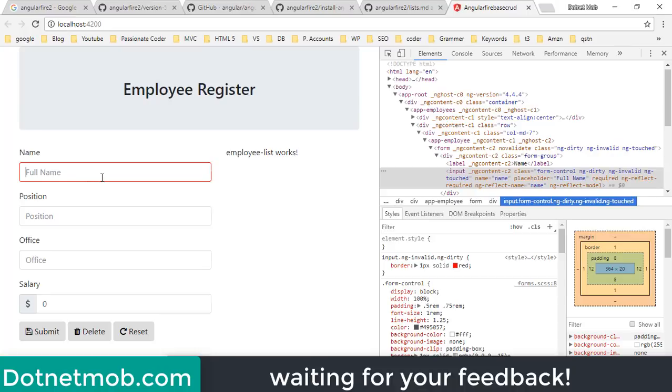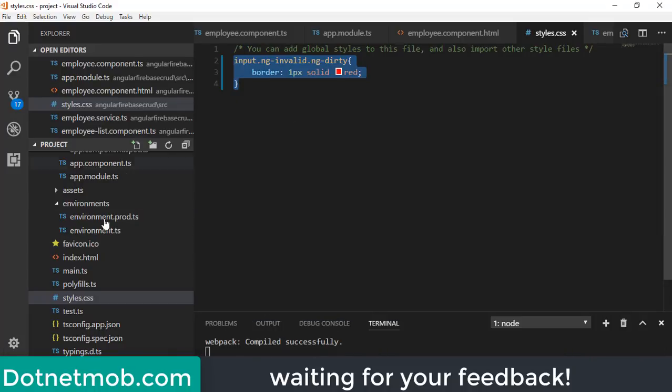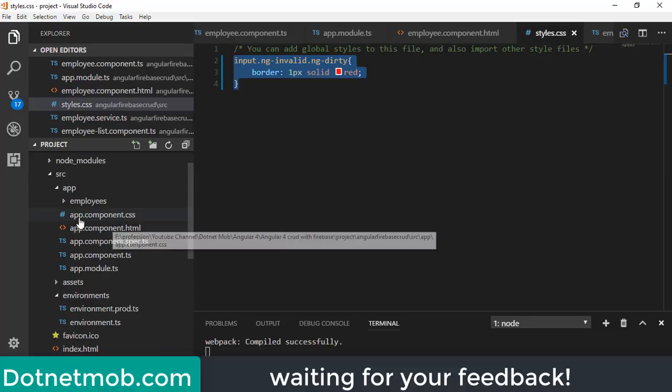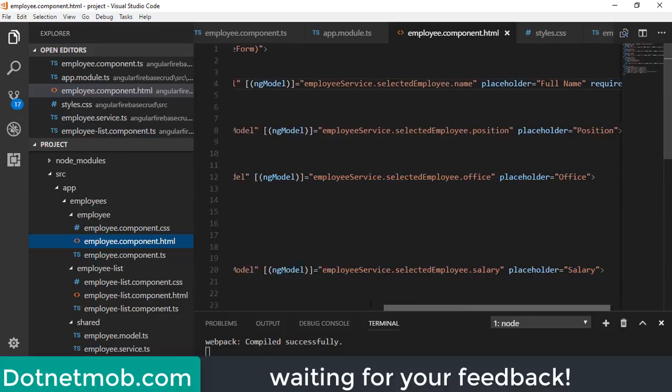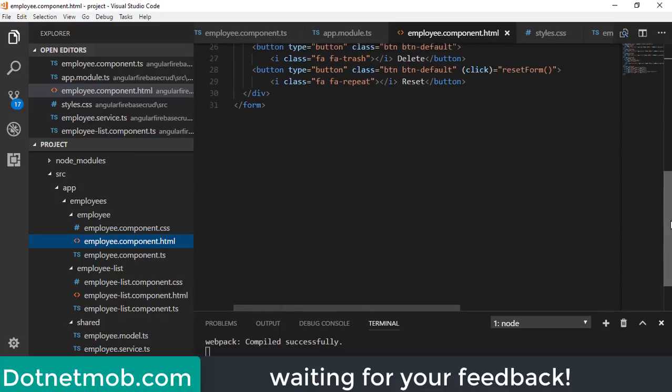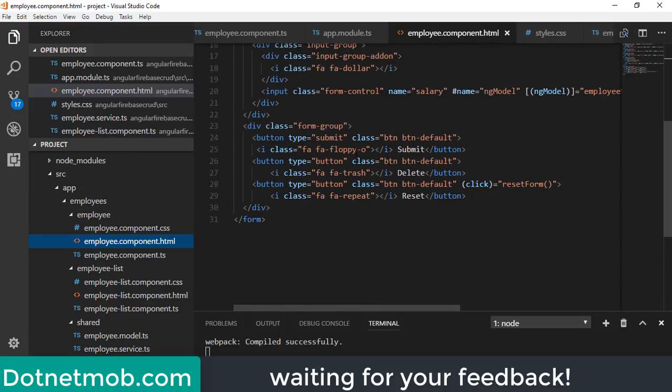Now I want to do one more thing to prevent submitting invalid forms. For that we can do this: go to the component HTML here and look for the submit button here, and we will add the disabled property here.